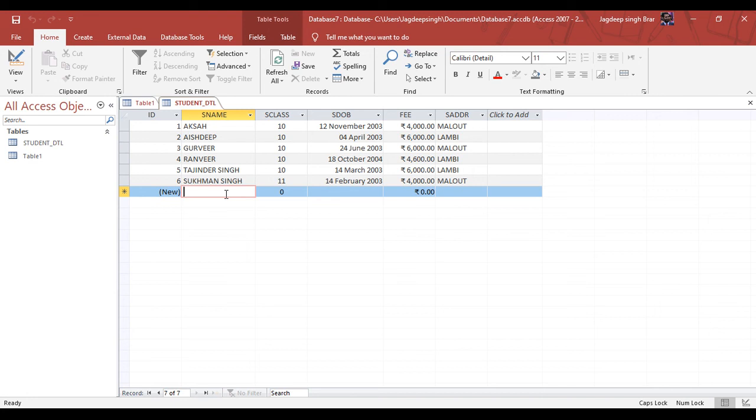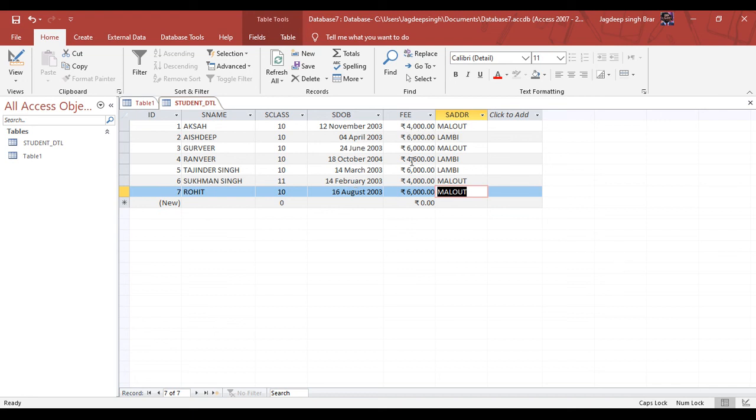Just for the example, Rohit, class 10, date is like 16/8/2003. As we enter the date in short form, it is automatically converted into the long date. So you can save this information in your table.